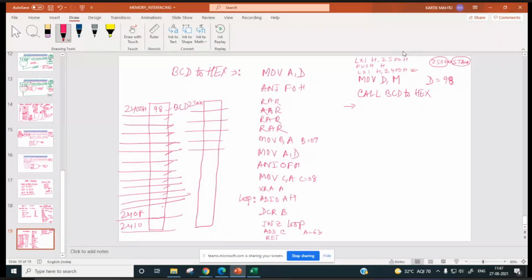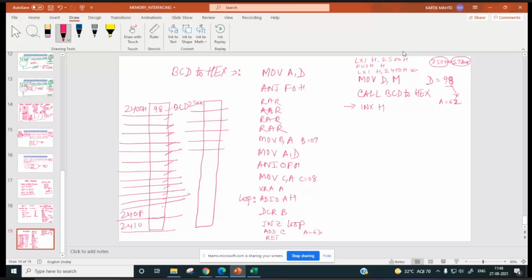Next, HL is initialized to 2400H. 98 is moved to D register. Right? In accumulator, we have the corresponding hex value of 98. Now, I will do this INX H. What will happen?